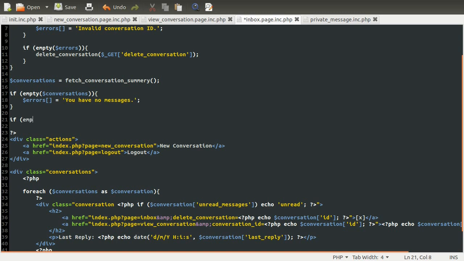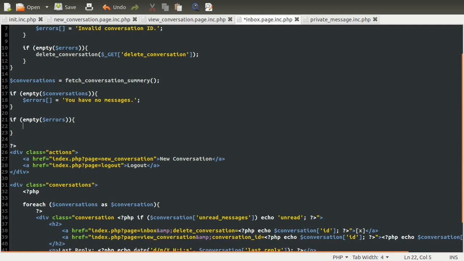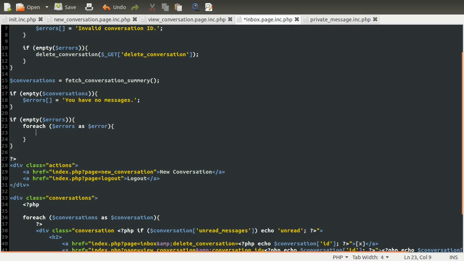So we're going to do if not empty errors, then we're going to loop over the array, so foreach errors as error, then we're going to output the div, the error message warning box thingy, which has the class of message and error, that's the red one, and it's going to contain the error,